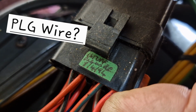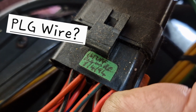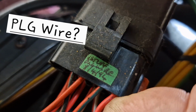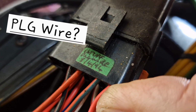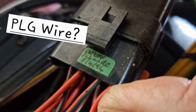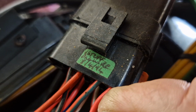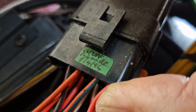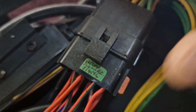I can't read that, but is that someone's name? 8th of April 1994. I can't make out what those letters are. Is it IS? Earth. Something or other. I'll have to show that to Mrs. Life on Cars to see if she can decipher it. But anyway,